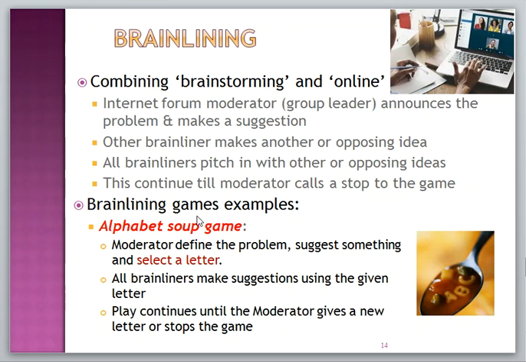You can use them. One is used for education and for children. It's called the Alphabet Soup game. As you see here, we have people coming up with ideas based on letters. So the moderator defines the problem and suggests having ideas that start with a specific letter. So start with letter A, for example. Give me ideas that start with letter A. And then people begin to give ideas using this letter. Then after the ideas are exhausted using this letter, we continue with another letter, and so on till the game stops.